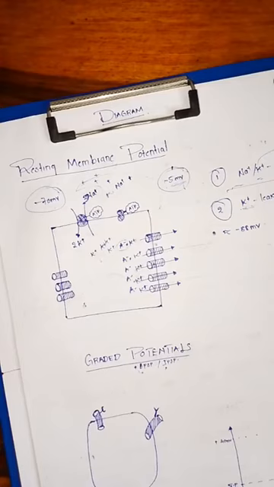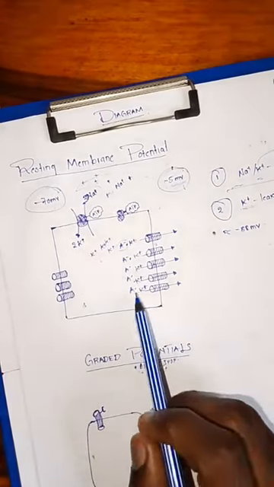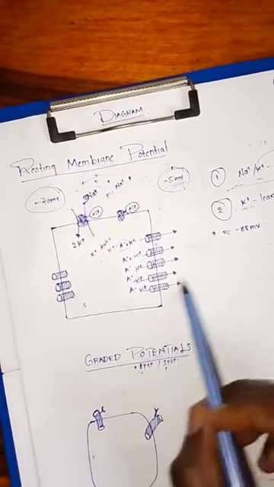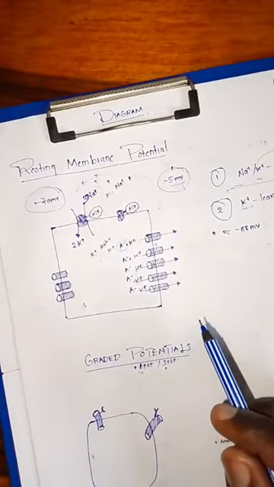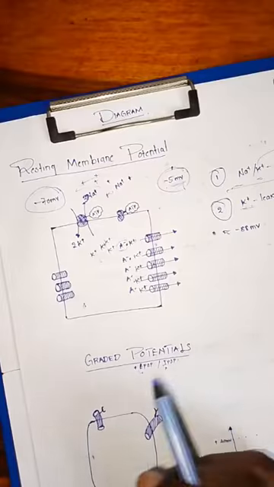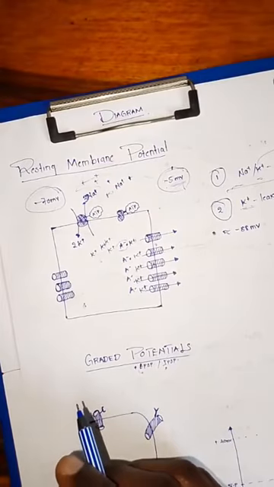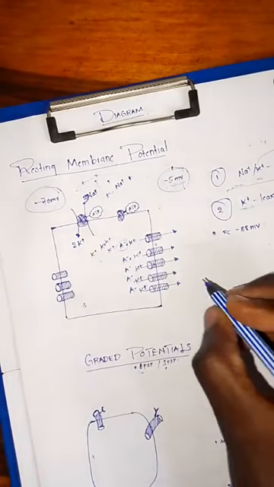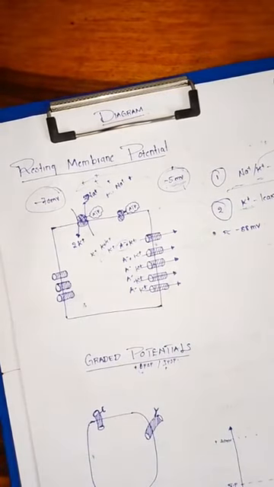That is why it has got more potassium leaky channels compared to sodium leaky channels. Due to that, these leaky channels support the movement of potassium from the inside going to the outside, because potassium is highly concentrated on the inside of the cell compared to the outside. And due to that movement, potassium tends to leave more anions inside of the cell, because that is where it is bound. So as it's leaving, it is leaving that negatively charged anion. So as it moves like that, it is going to contribute about negative 88 millivolts to the electronegativity of the